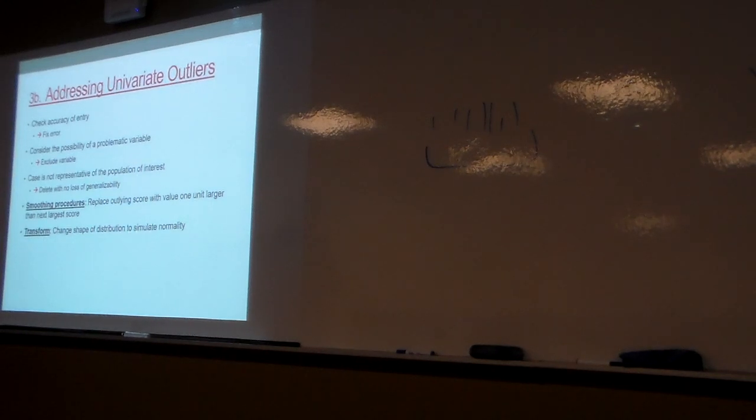All right. What do we do if we find a univariate outlier? How do we address this? If it's an error, just fix the error, right? And again, remember this applies if we have outliers or extreme values in either our dichotomous variables or our dichotomous outcomes or our continuous outcomes. Is this a problematic variable, right? Let's say I went through and I'm going to make up my own measure of this thing because it's just an on-the-fly thing and it's a one-item measure of something.